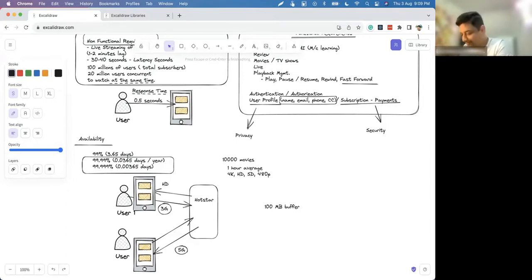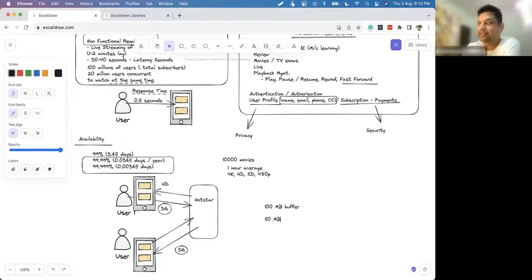I don't have 100 MB of data, I have only received 50 MB. So for the next packets, please reduce the resolution or quality. So dynamically, you have to vary the quality of the package because network conditions can vary.